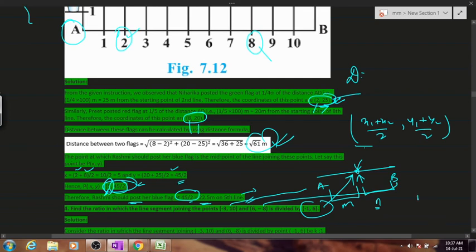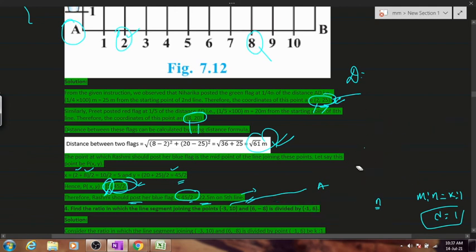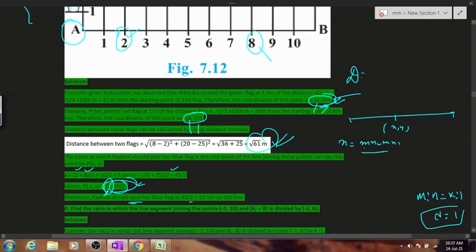In this type of numerical, you'll always assume m is to n as k is to 1. Some people assume lambda is to 1. Whatever you feel like, you can assume, and then you have to solve it using the formula. So this 2 has been given. Again, you will be using the formula for the x coordinate. If this is (x, y), it is (mx2 plus nx1) divided by (m plus n). Instead of m and n, you will put k and 1, so k plus 1 out here. Clear? And then this x coordinate will be minus 1.